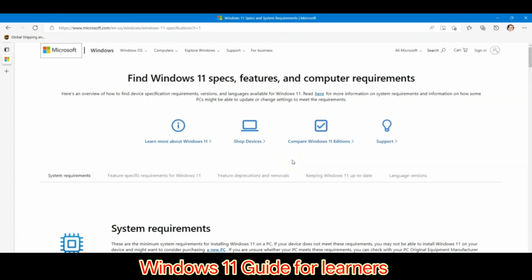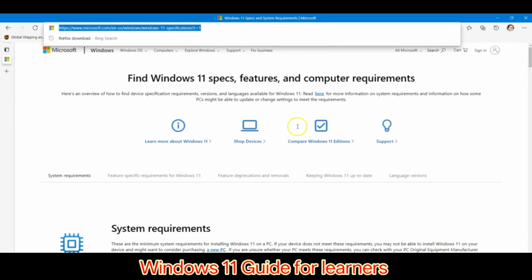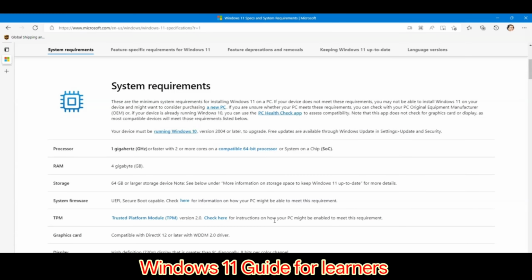Hi there. In this short lecture, we will learn about Windows 11 hardware requirements. This is a Microsoft official documentation link, and this page talks about all the hardware requirements in order to install